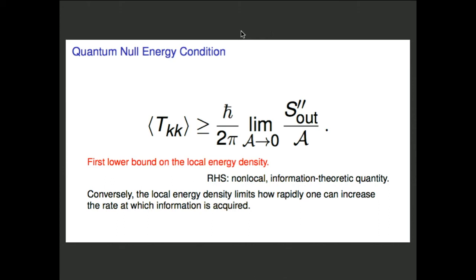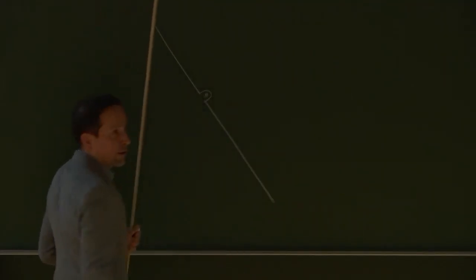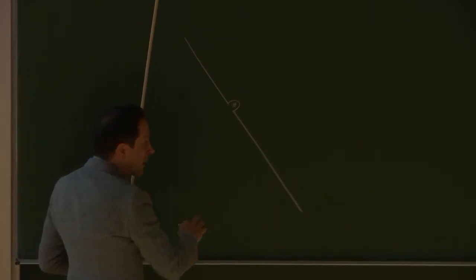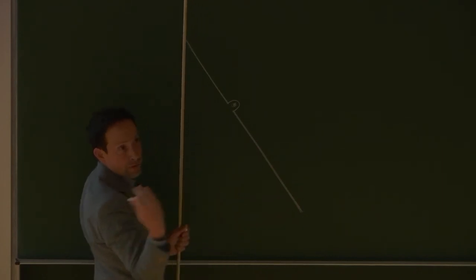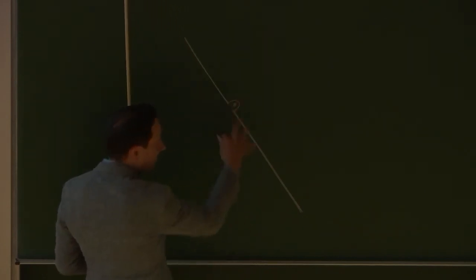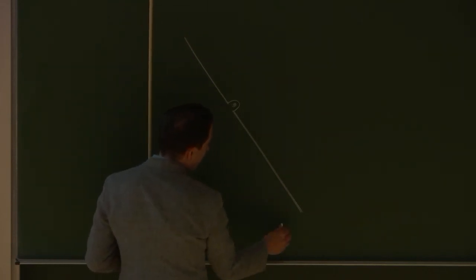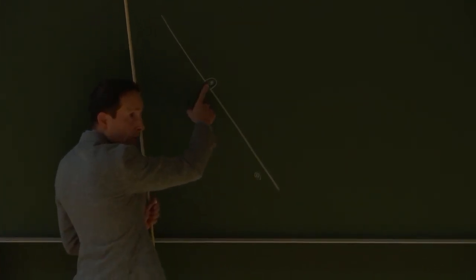So here's my surface. And I'm about to deform it a little bit like so. Okay, and when I do that, I'm going to start including a little electron here on one side of the surface. Now, how that electron changes S out, or also the second derivative of S out, depends on what is happening elsewhere. So it can depend on, for example, if I have another electron here, which is in an EPR state together with this one, so it's in a pure state,